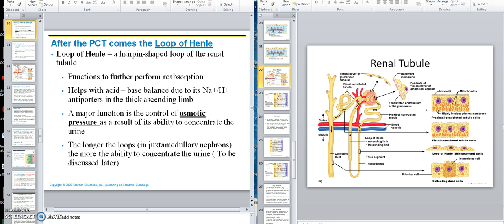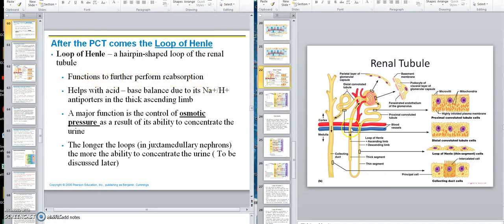We said that the loops would differ in length, whereas the longest loop of Henle was located in the nephrons that were juxtamedullary. We said that the main job of the long loop of Henle in the juxtamedullary nephron, which also had the vasa recta around it, was to be able to concentrate the urine. And we said that the concentration of urine is important to control your blood osmotic pressure, that we'll talk about another time. All right, so the functions of the loop of Henle, this hairpin shaped thing, is to